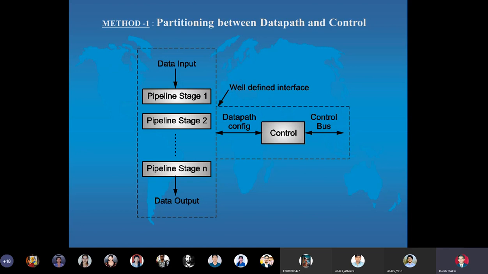So what is in front of you is the first method which is used for partitioning from the synthesis viewpoint. There are basically three methods for doing the partitioning efficiently from the synthesis point of view. The first method is called partitioning between data path and control path. So we know that in any microprocessor system, we have CPU, that is control processing unit, and then we have IO unit, then we have memory, and all three of them come together to build what we call a computer.